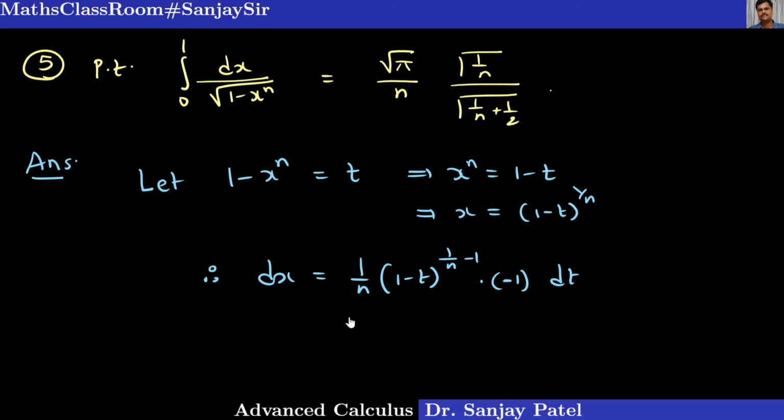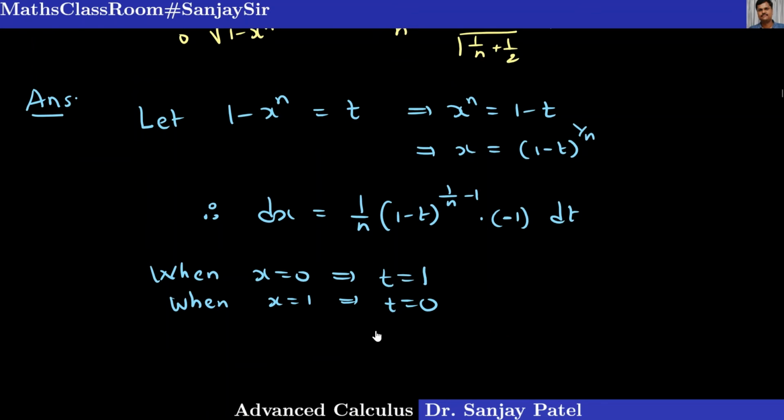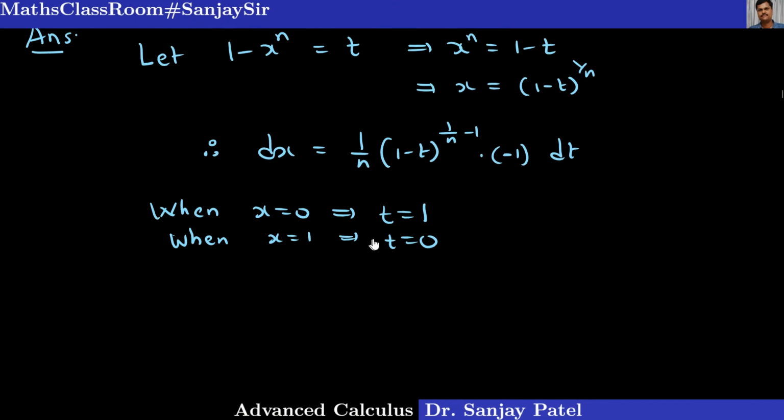Okay, and also think of the limits here. When x is equal to 0, if you put x equal to 0 here, you will get t equal to 1, and when x equal to 1, we will get t equal to 0. It is the reverse thing. So this integral now we can express as